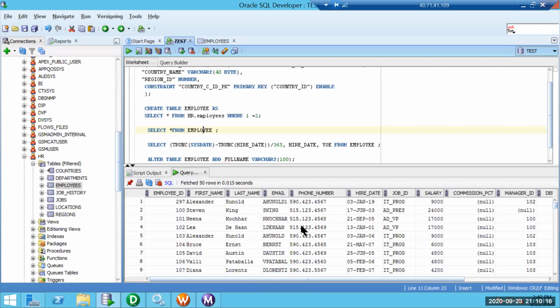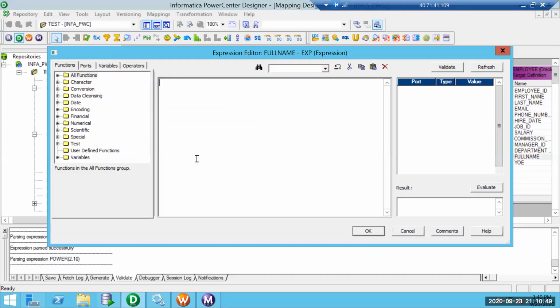Let's suppose our data is containing a group of things. Okay, this is the best example: email. After transforming, I'll populate this one. Here I have called AUAHUNOLD1. With regular expression replace, I don't know which numbers might be present in my data, but I don't want numbers. In that case, I can use regular expression replace. I'll just use regular expression replace on my email.